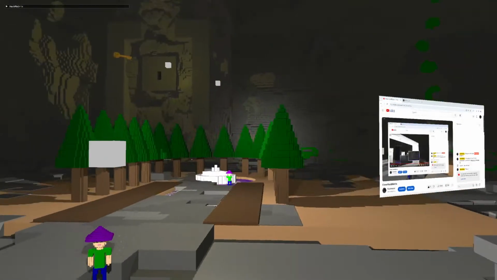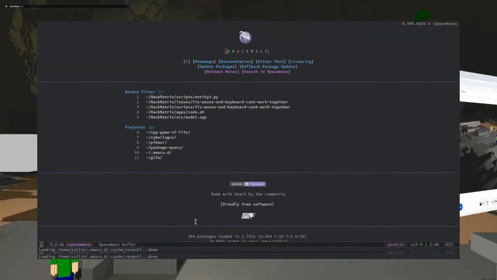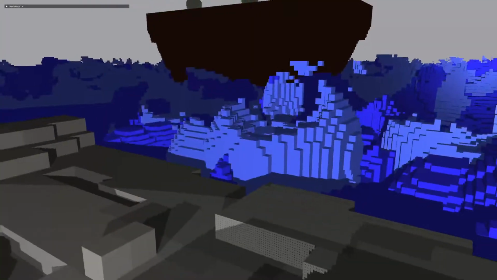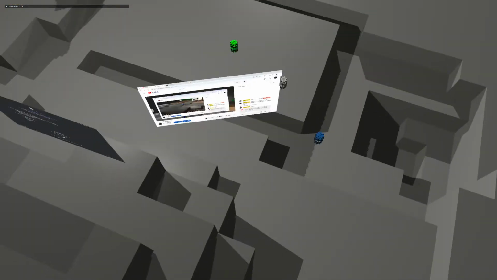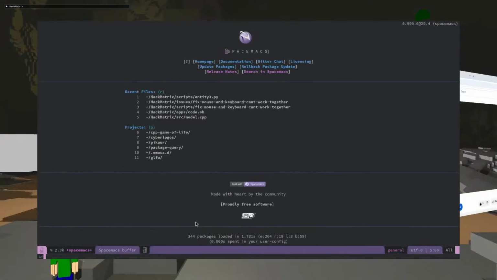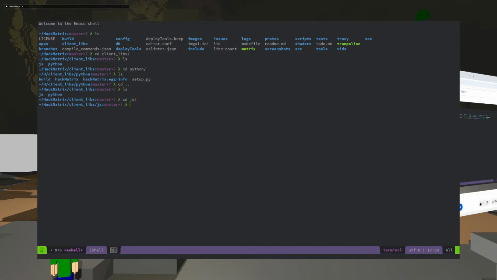I think I'm going to eat, and maybe look at some code. I'm quite tired, but I wish the Python script worked. I haven't installed the Python correctly yet. Not the Python, but the Python package. So if I could get that working, that would be awesome. cd client libs, cd python. I mean, I could probably also do it in JavaScript. I like JavaScript, but I'm not sure if the